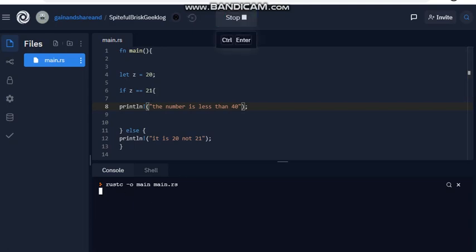Now if you run it, it will work in this way, or else you can also use curly brackets, whatever it may be. That's about the if statement, and now let's look at another statement known as else if. Let's consider the else if here itself.